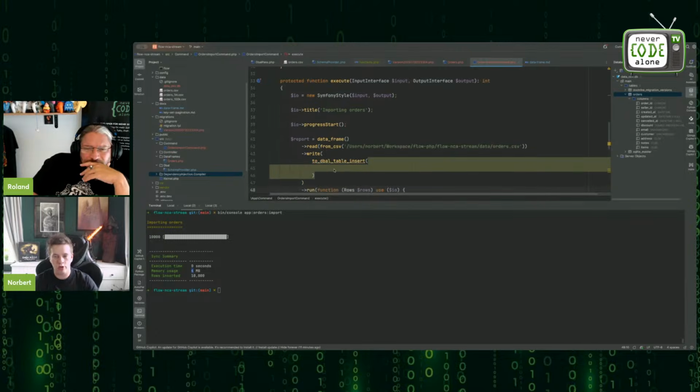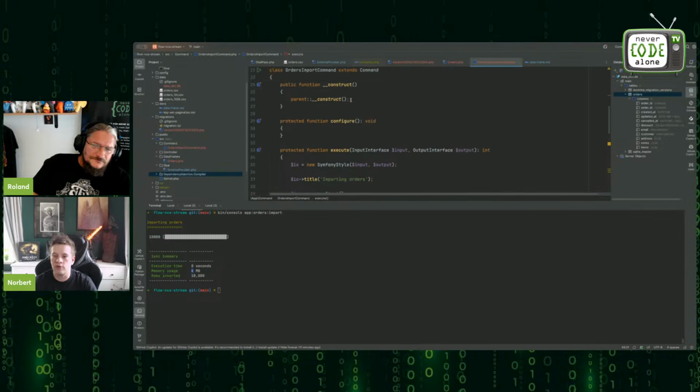Because what we want to do is upsert them. We want to be able to execute this command as many times as we want, and whenever something is added to the file, we want it inserted into the database. Or when something was edited, for example we changed something with one order, we want to update the existing row. That's why we're going to use a technique called upsert. But how do we do it? First, we need to